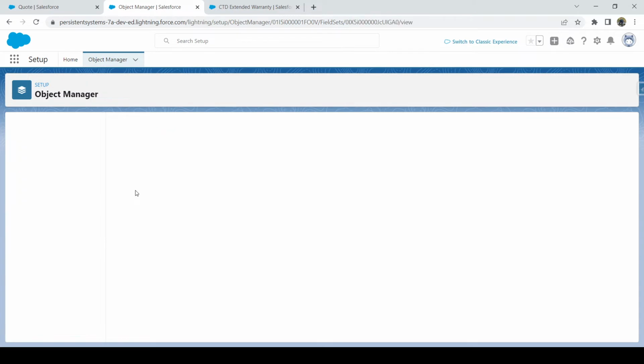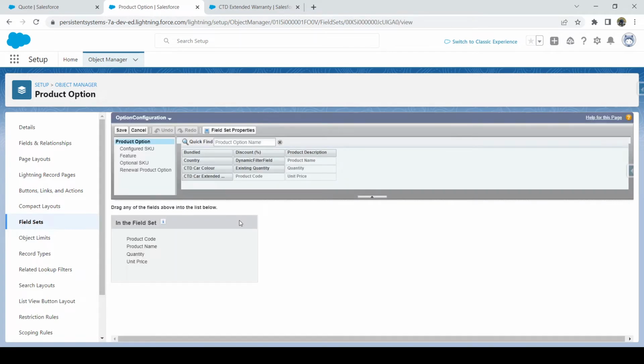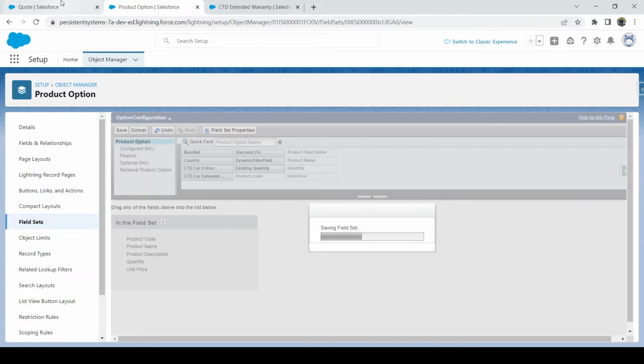So let's go to this field set, and the fields we are having under this field set is product code, product name, quantity and unit price. Those are visible as columns on our configurator page. So now let's try to add one new field over here, that is product description after product name, and let's save it and let's try to